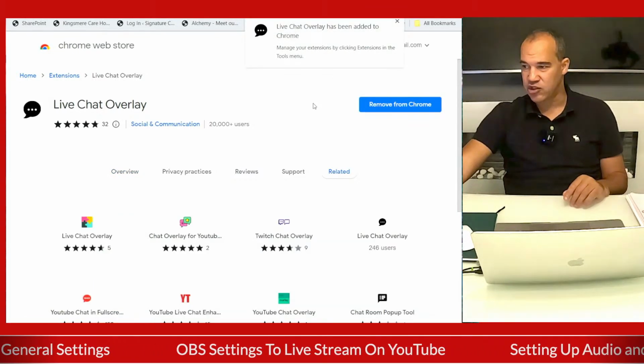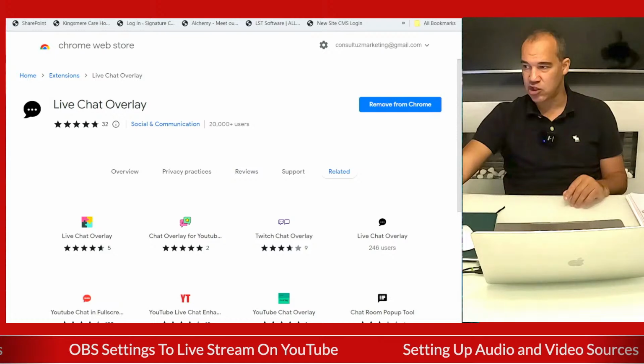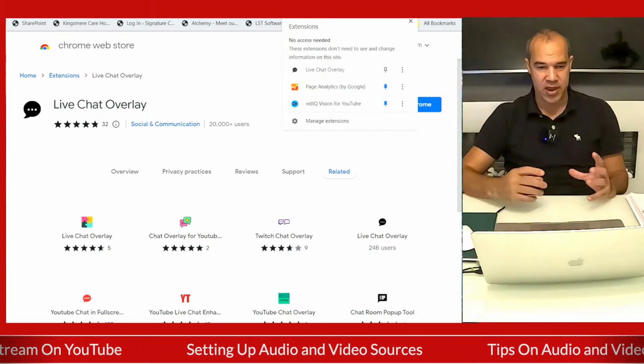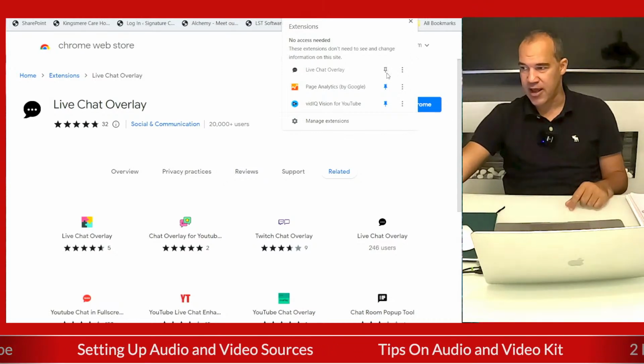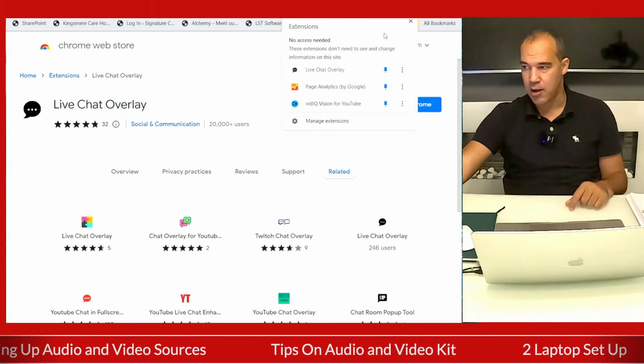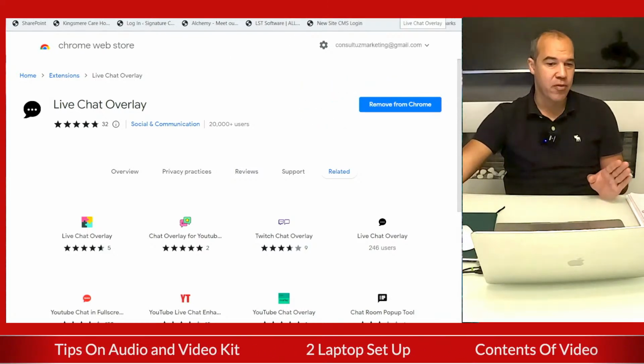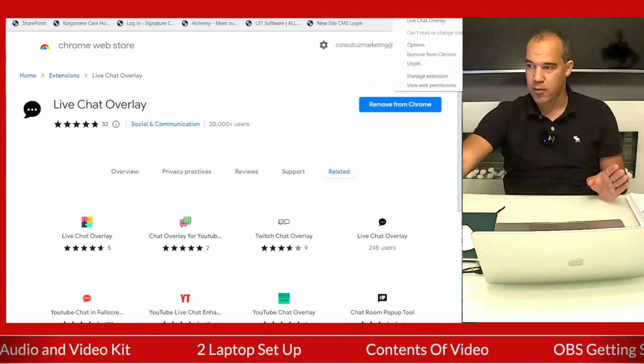that extension has now been added, and you can see up in the top a little extension jigsaw piece. What I like to do is pin this to my taskbar at the top, so you can now see that's added. And once you've done that, you can set this up. So if you double click on it,